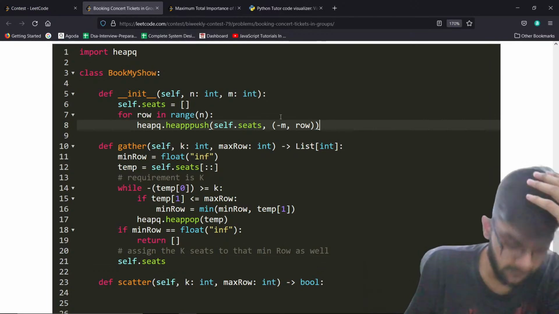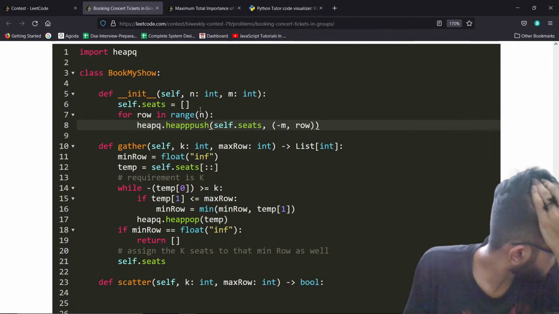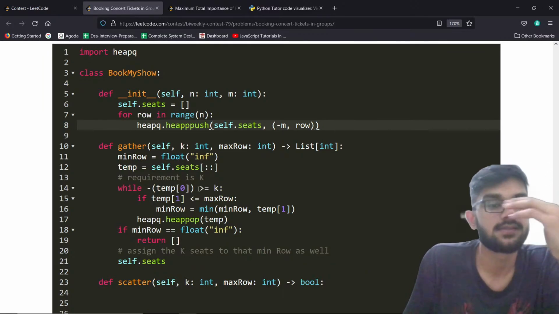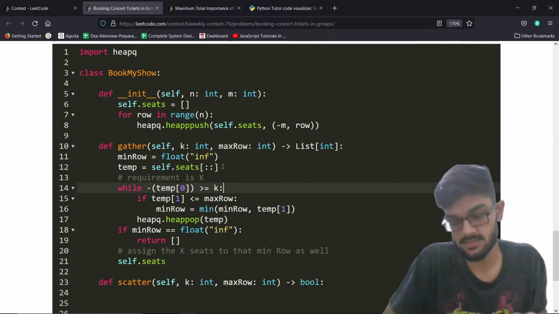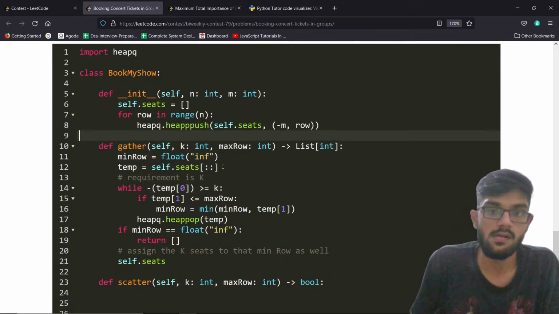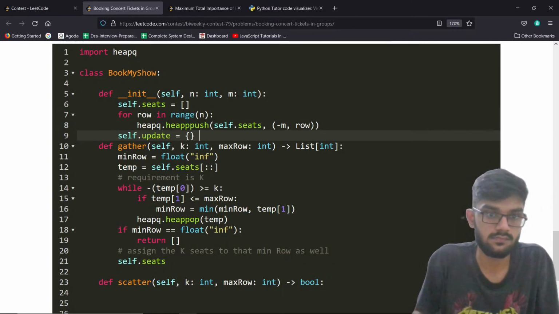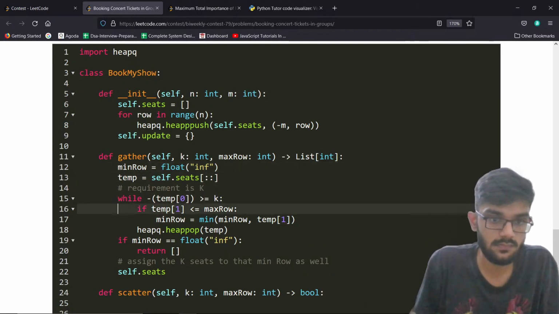Update I can keep. So whenever I encounter that value next, so let's say seventh, it got updated to 2. So by default, 7 will appear on top, right? Yes. So I can say in this case,